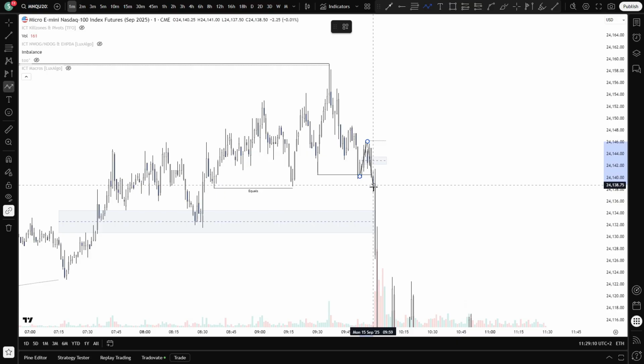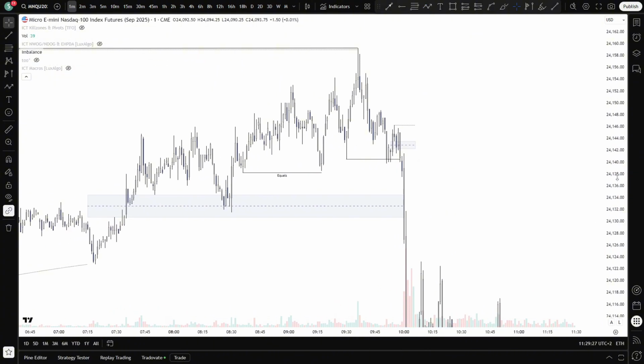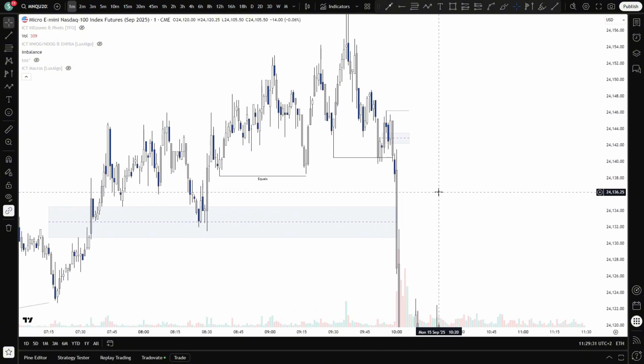I wanted a candle close below this low, taking out the equals, maybe manipulating the high once more, taking out the early sellers, creating a bullish gap, try to use the bullish gap to make new highs, fill, inverse the gap and trade towards the downside. But obviously that didn't happen.